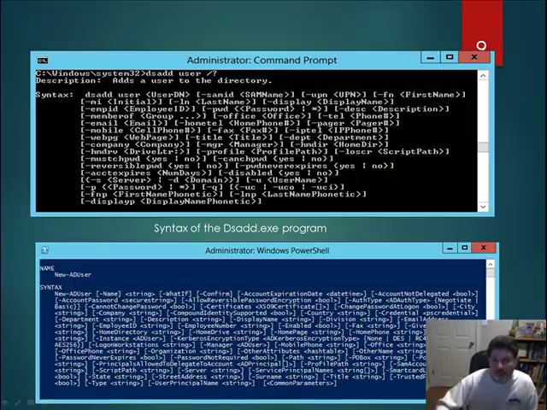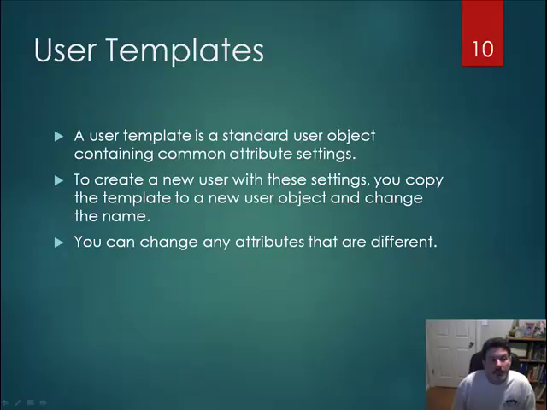I can set up or fill that schema using DSAdd. So it's a very powerful utility when it comes to adding computers and users. All right. In addition to being able to set up computers and users that way, I also have the ability